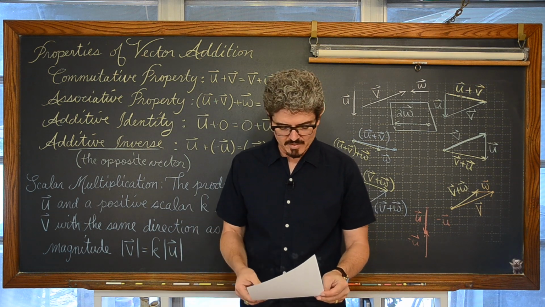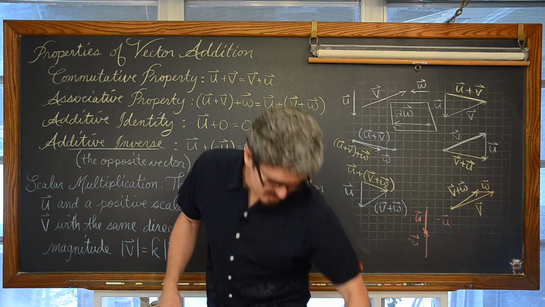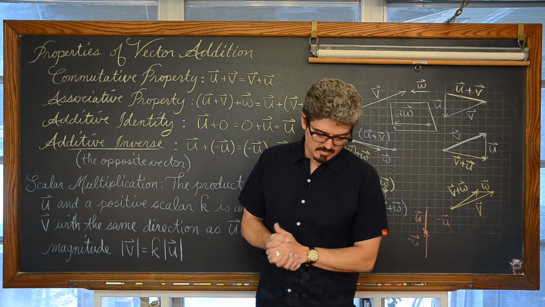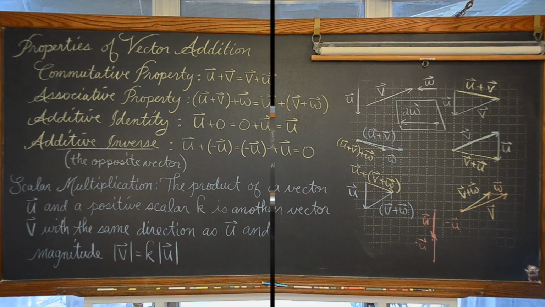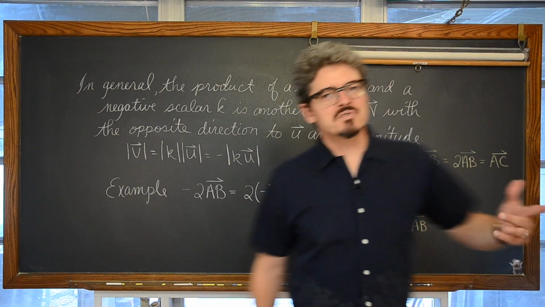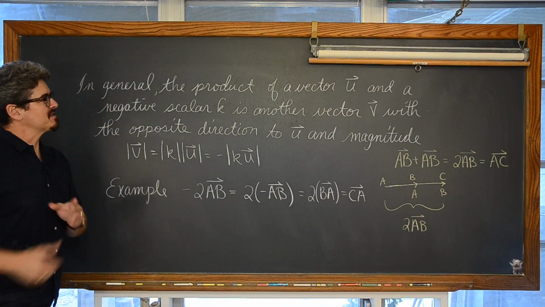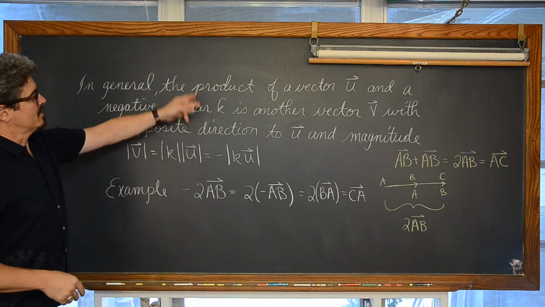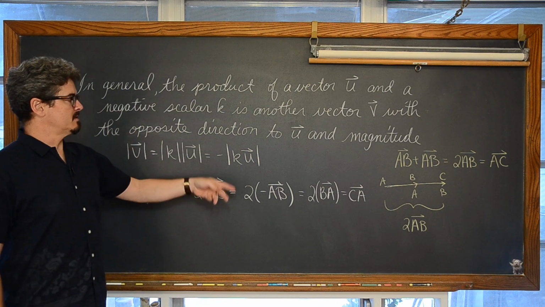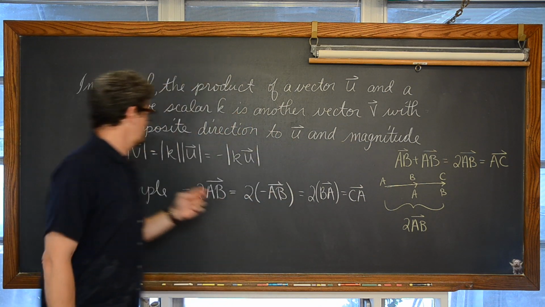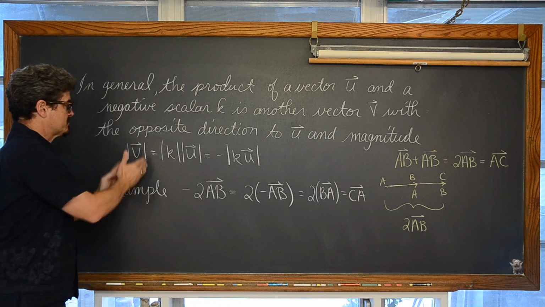In general, the product of a vector u and a negative scalar, just kind of like the idea of a scalar, but what if it's negative? I'll just write that up, let you read it, take a note, erase it, and we'll start going through our examples next. Okay, I was just going to breeze over this, and then I thought, this kind of sounds as clear as mud. In general, the product of a vector u and a negative scalar k is another vector v with the opposite direction to vector u and magnitude equal to these absolute value sort of looking things, but in vector notation means,